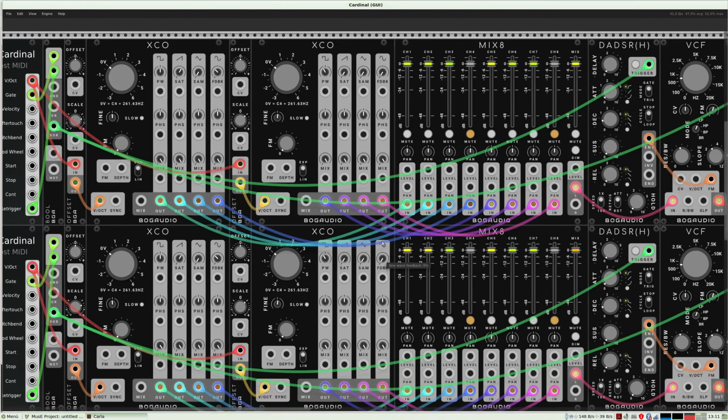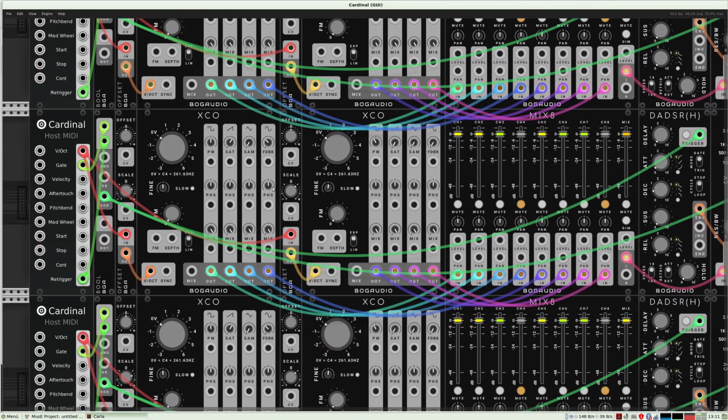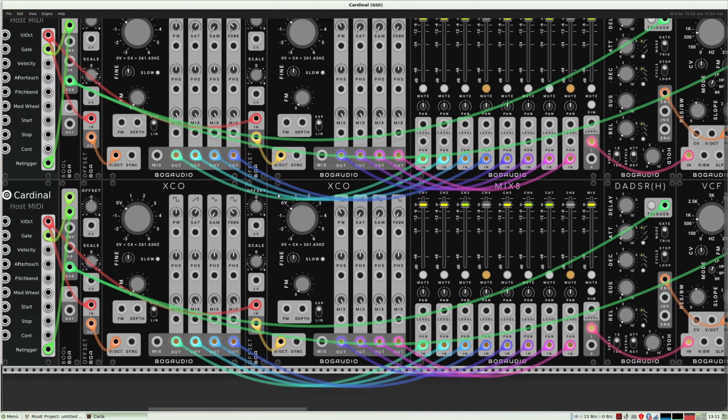So, have a look. Offset. Scale. It's this one here. In.